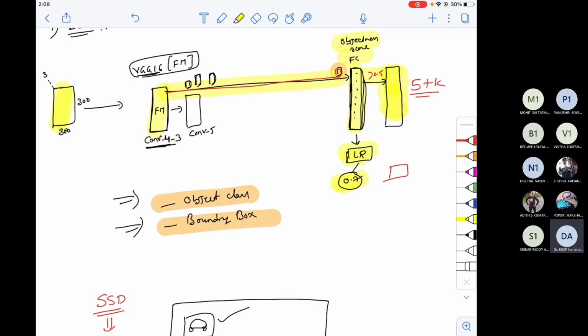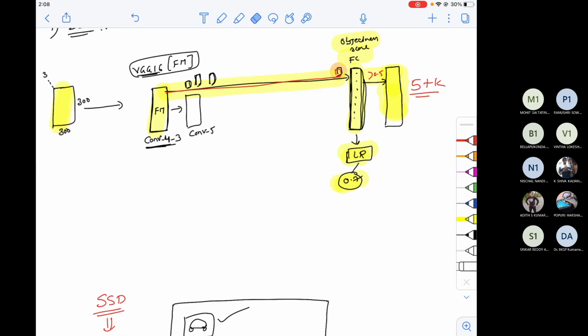But what is happening when I test this model is it is not able to detect larger objects. Then what people have done to solve this problem is they've added more convolution layers and reduced the size of the feature map.